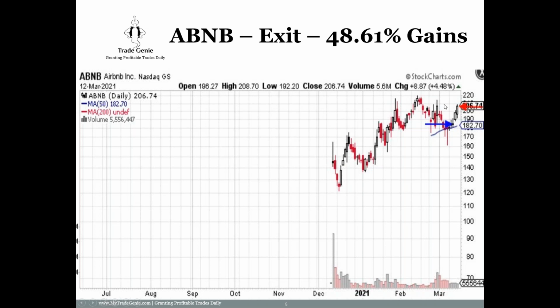So we closed half of the position here, on Friday, at 206.27. The target given was 210. So half of the Airbnb is closed because Airbnb is wild. It can come back right here. So it's better. I think we made $400-500 per contract. So half of the position is closed. 210 and above is the next target. I'll explain what the next target is and what it means. So here's Airbnb. Simple, common sense logic, bounce on a 50-day moving average.